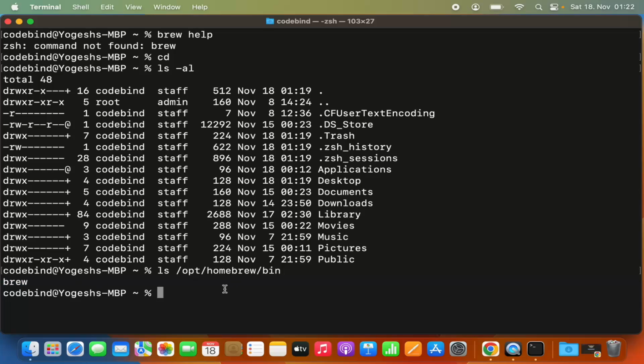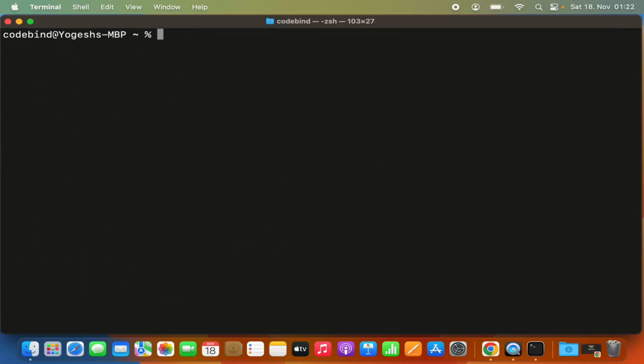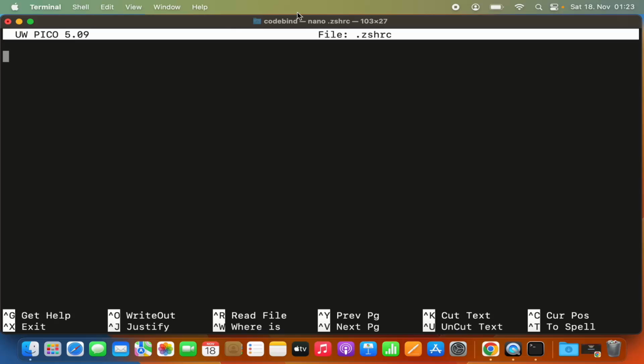So to add this, let me clear the terminal, and then I can give this command, which is nano and then .zshrc. So we need to create this .zshrc file and then add the export for the binary directory for the brew. So I'm going to just press enter, which is going to create this .zshrc, and then here just type